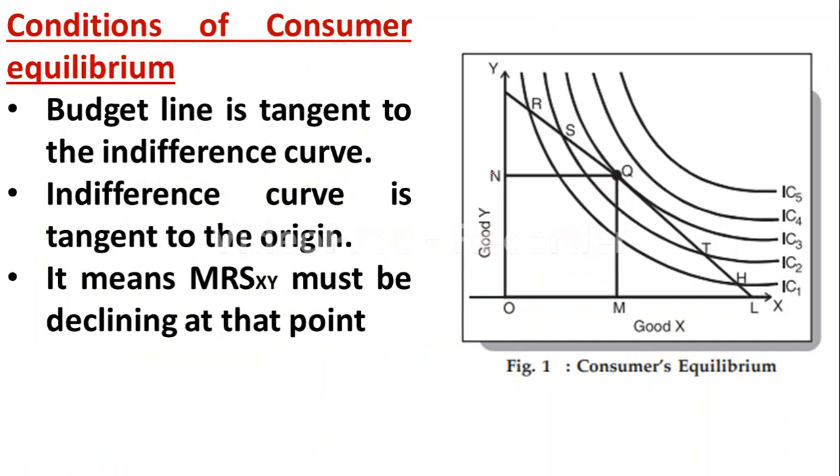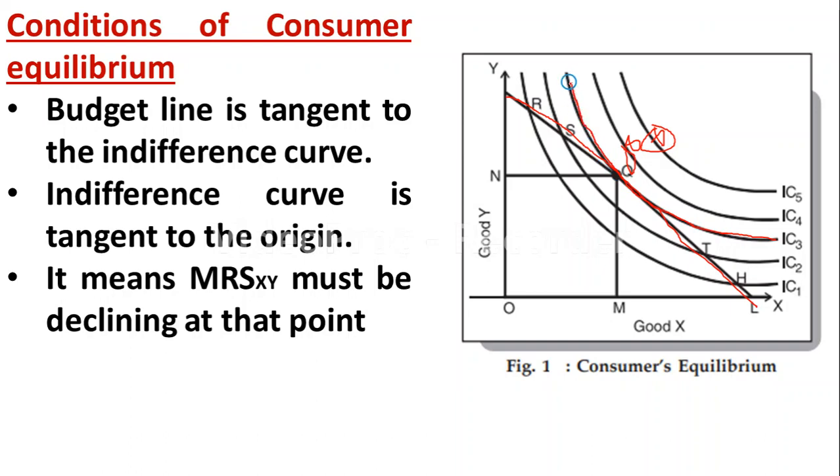So here, yes, this curve is budget line and there are 5 indifference curves: IC1, IC2, IC3, IC4 and IC5. So IC5 and IC4, yes, these curves are not going to touch the budget line, so consumer will not find any equilibrium on IC5 and IC4, but when it comes to IC3, so IC3 at point